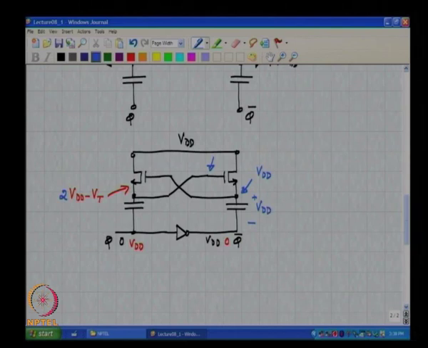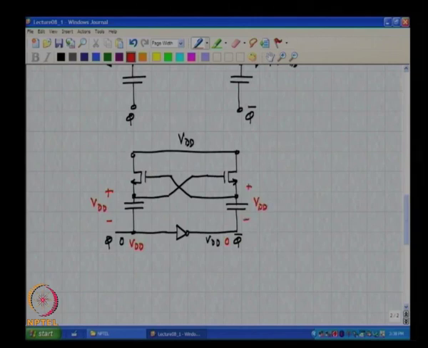Now, if this is VDD, in the next phase what happens to this gate? It goes to 2 VDD, which means what happens to this potential? This gets charged to VDD, correct. So, now we see that once you run this for a couple of cycles, both these capacitors are charged to VDD,